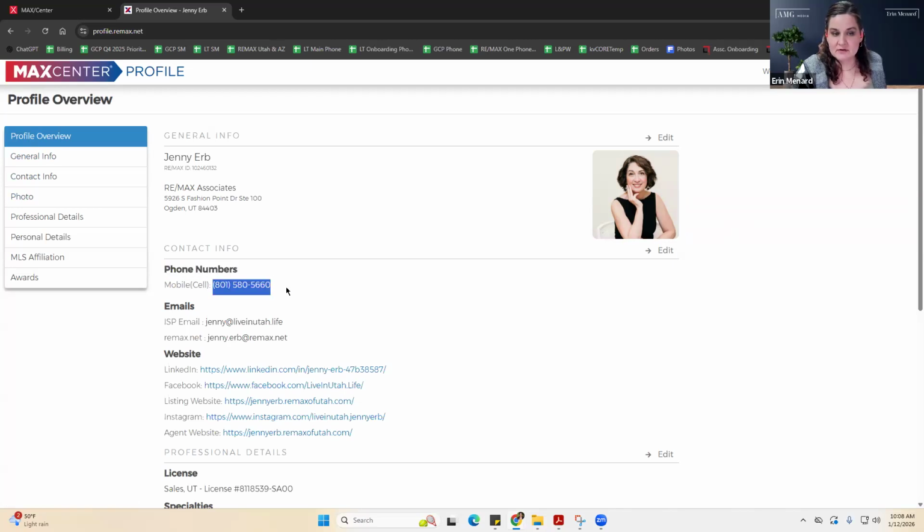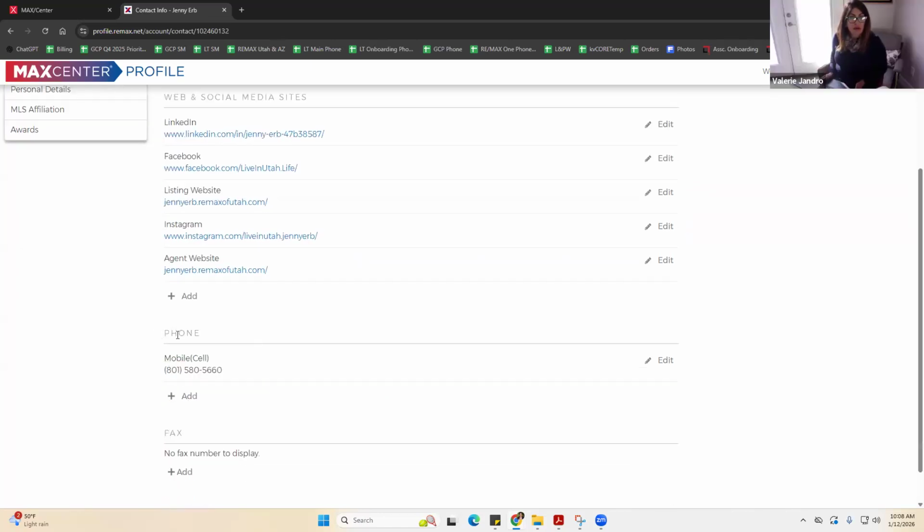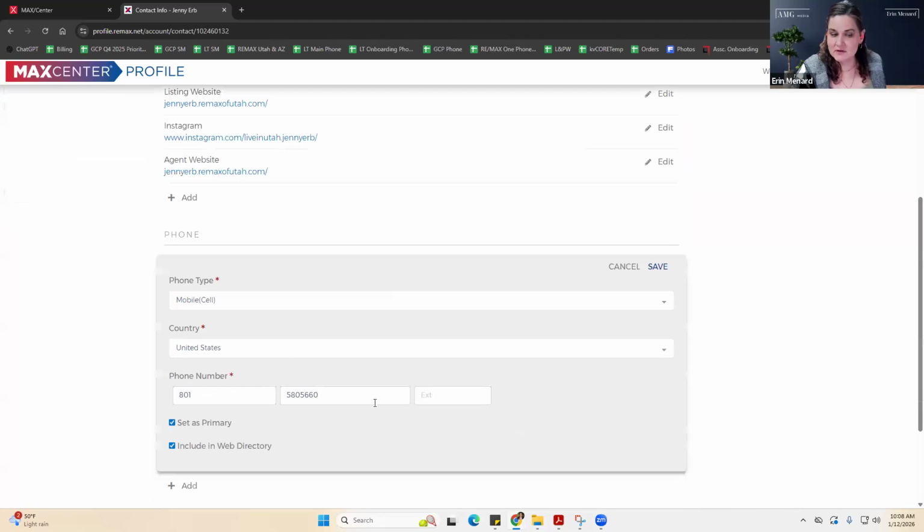So this is going to be your cell phone. I have had a lot of people say, well, I've gotten leads, but I'm not getting notified of a new lead coming through. And that is because you don't have mobile cell phone selected right here. So inside of here, if we go to edit, we can go down to where it says phone, and we can go to edit right here and just make sure your cell phone number or your mobile says that it's a mobile cell phone